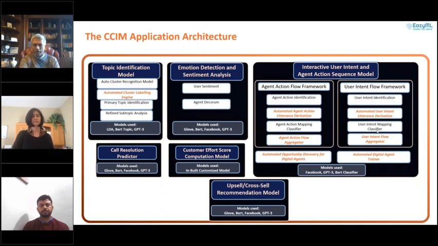So very critical. And you see that thing that is again highlighted in orange here, automated agent action flow aggregator. That's precisely what it's doing. It's aggregating commonalities so that you have the ideal flow ready so that you can train your other agents. And once you train them, they're satisfied that they can address queries, they'll stick around longer. And the last box at the very bottom is key, upsell, cross-sell. That's your revenue opportunity, but it's very difficult because most of the solutions are generic out there.